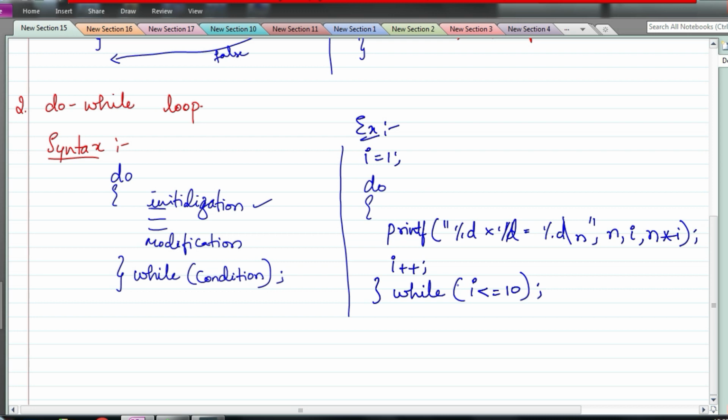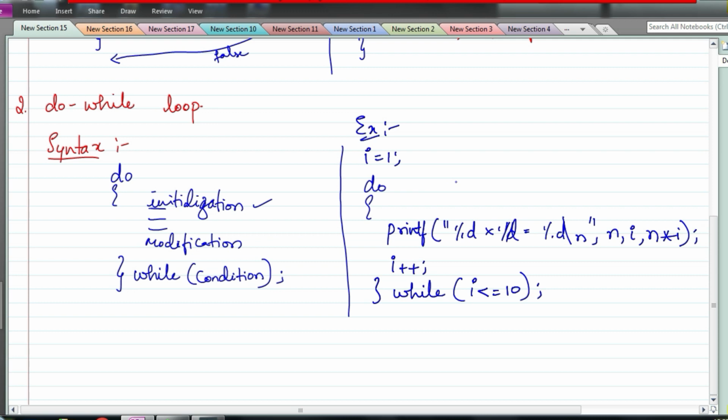So is I less than or equal to 10? As per the example that I gave, the value of I is now 2. So 2 is less than or equal to 10, and therefore the condition is true. So the set of instructions will be repeated again. We are going to repeat this as long as the condition is true. Once the condition becomes false, we are not going to repeat this set of instructions.